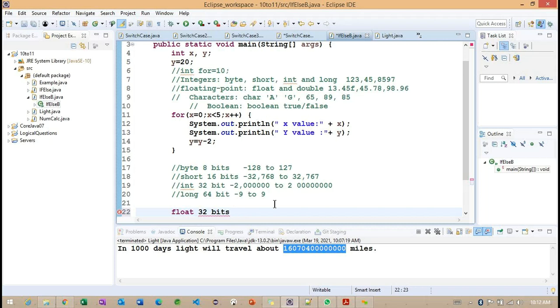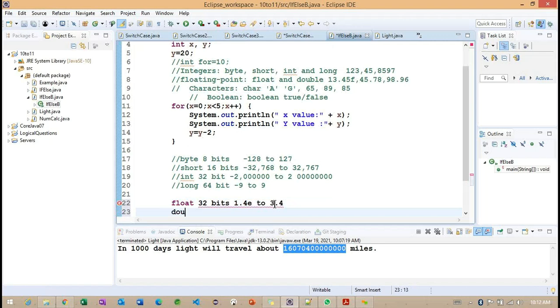The range is around 1.4e to 3.4e. Another one is double, which is going to take 64 bits. So it has a bigger range compared to the float data type.